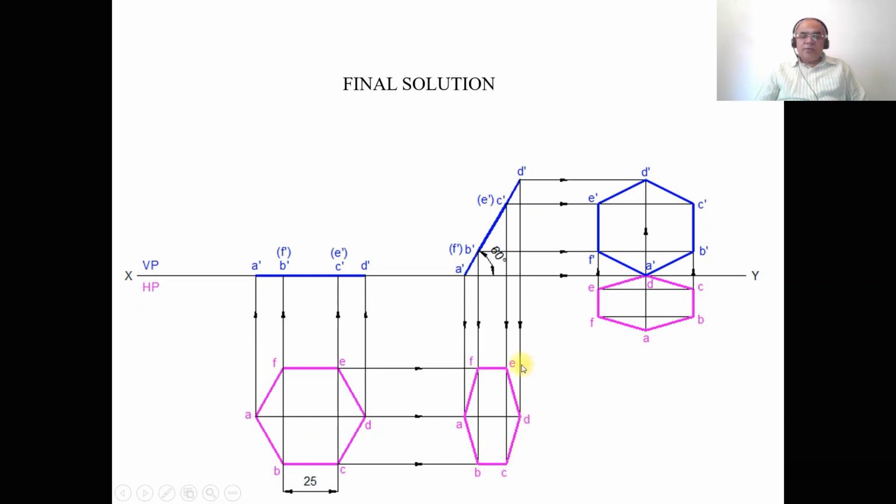So you have to reproduce the second position top view in the third position, such that D is resting on the XY line in the top view. That means you have to rotate the second position top view by an angle of 90 degrees in the counterclockwise direction. So you consider any convenient distance from the second position front view, and you mark that point as D, small d. Through d, you draw a vertical thin line in the top view.